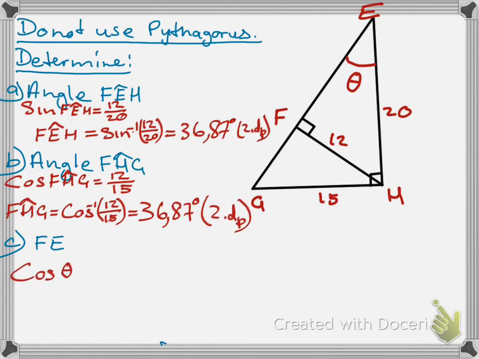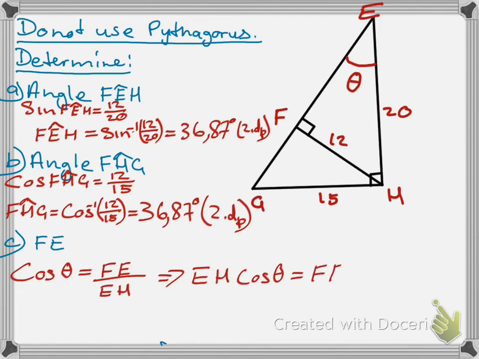Remember, they say don't use Pythagoras, so we are not going to use Pythagoras. We have to use the trig ratios. We are going to say cos of theta is equal to FE over EH, and then we make FE the subject of the formula. We multiply both sides by EH, and we make FE the subject of the formula, and then our FE will be equal to 20 cos